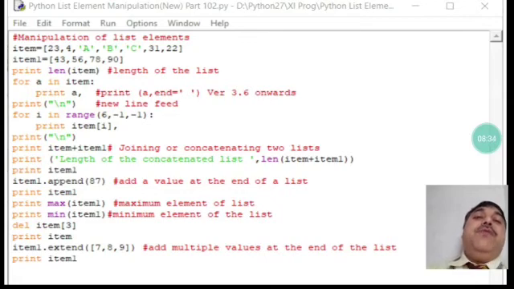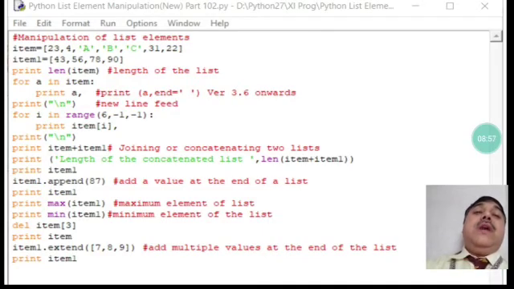The second for loop has been done in the same way. Next, I have given print item plus item. That means we are joining, or concatenating, the two sets. The first set is item and the second set is item 1.